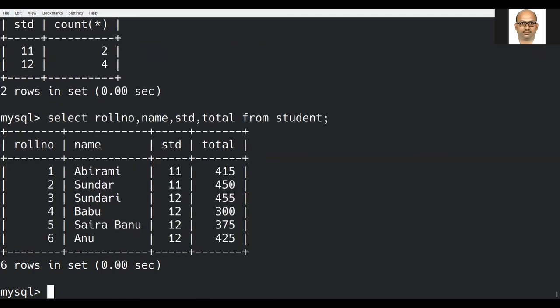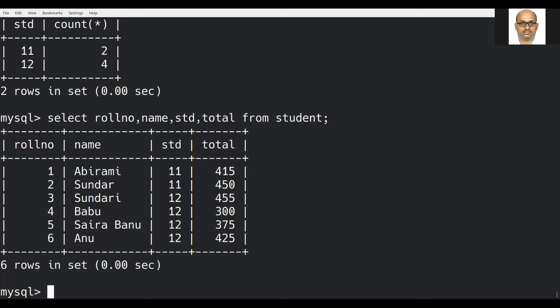See here, Abhirami and Sundar alone are studying class 11, whereas Sundari, Babu, Saira Bano and Nanu are studying class 12 respectively. So the count is 2 in class 11 and 4 in class 12. This is how I can group.